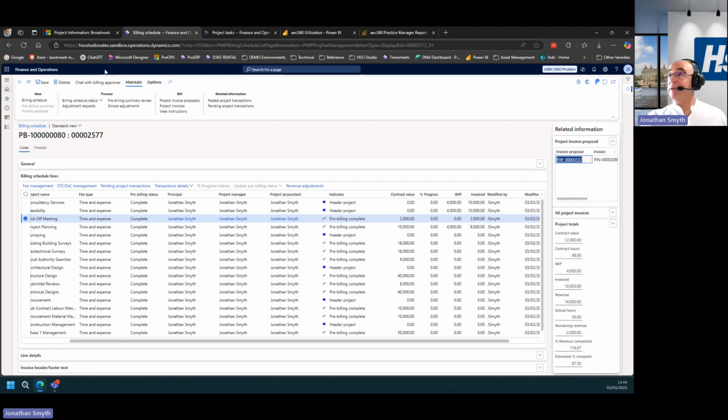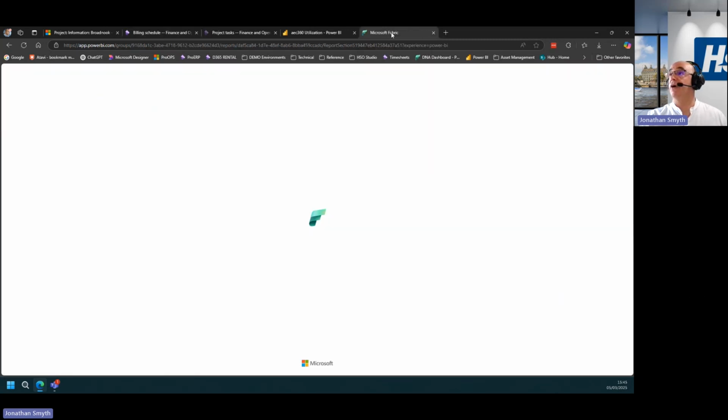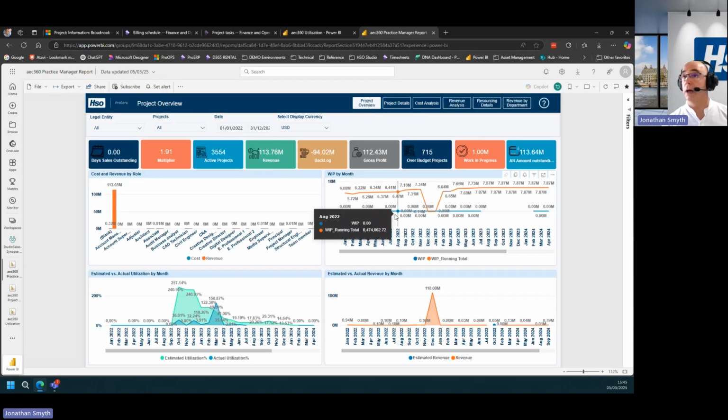Now, the final thing is really just making sure that you've got specific insight into the way that your projects are tracking through the system itself. If I just go to this final tab, this is one of our BI content packs. We've got a whole list of content packs that give you more information about your projects.